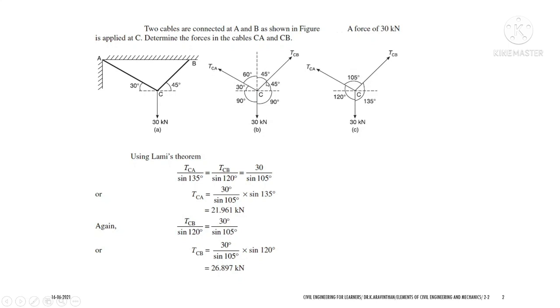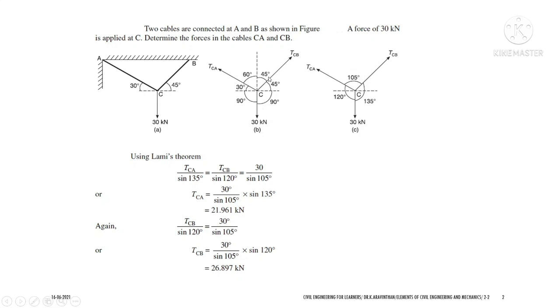Now the angle is given with respect to the horizontal, that is 45 degrees. What will be the rest of the angle? The sum of angles in a quadrant is 90 degrees, so 90 minus 45 is 45 degrees. The same way you can find the remaining angle: if this is 30 degrees, 90 minus 30 is 60 degrees. We have found half of the circle, and for the remaining half, we know this will be exactly 90 degrees on both sides. So we got all the angles now, and we can easily solve this problem using Lami's theorem.